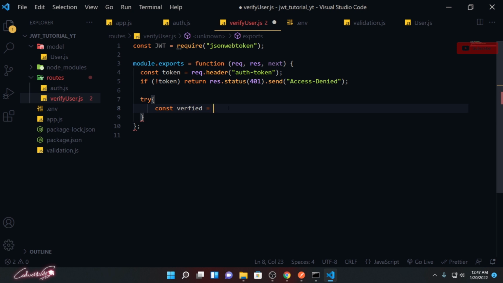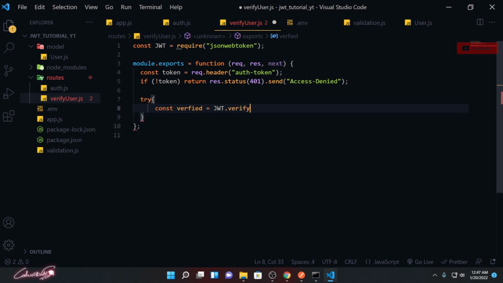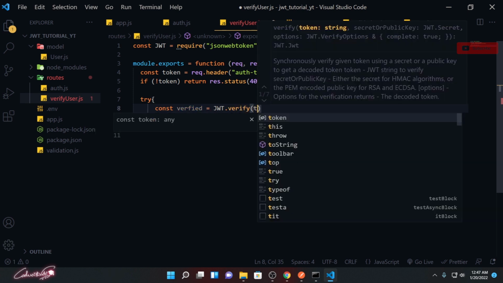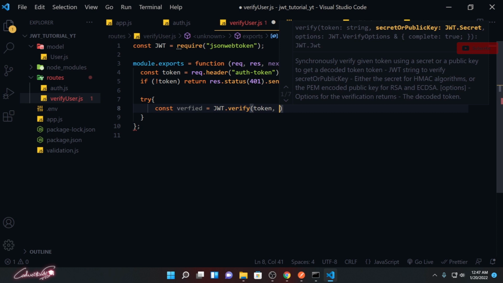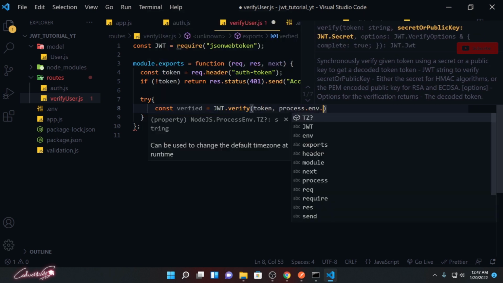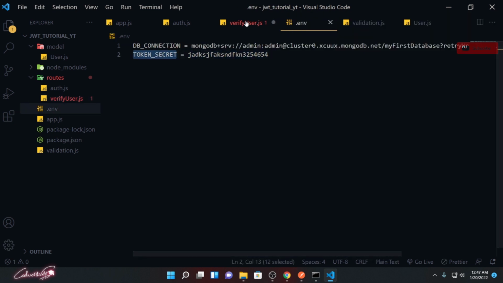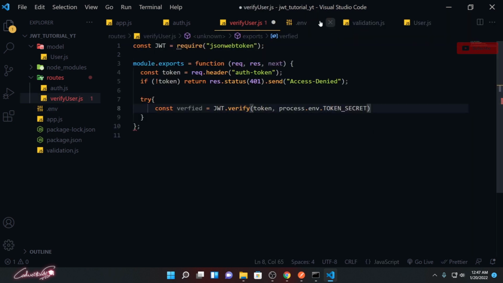Okay, so JWT.verify that token. That token should match process.env.TOKEN, the value which we created. It should match our secret value.